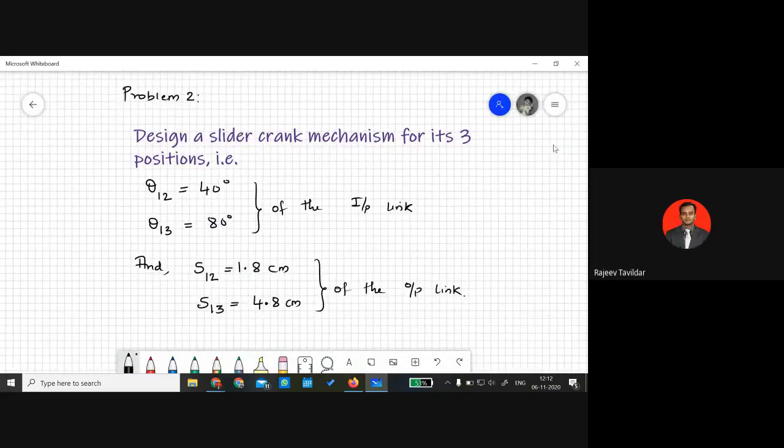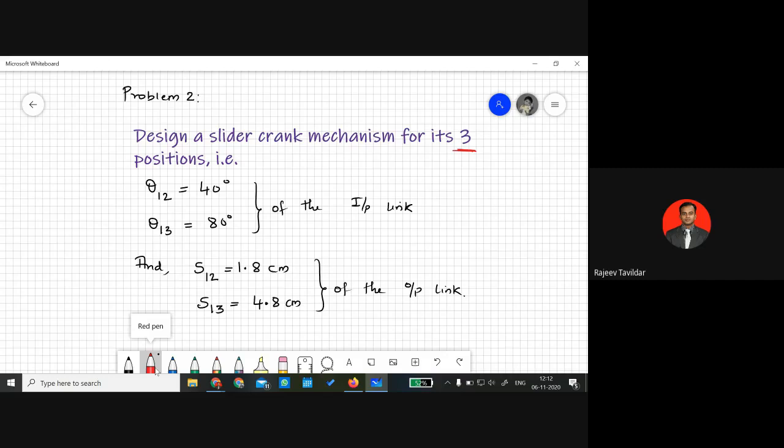So let us just go through the given data of this problem. First of all, so I'll just highlight it here. What they have told is three positions. So obviously I'll come to know that it's a three position synthesis. Okay. And they have not given you the range of that theta value. Okay, if range was given, I can use the Chebyshev spacing, wherein I'll be knowing what is delta theta. And for three position means I'll be knowing that small n will be equal to 3. And I can find out what is theta 1, theta 2, and theta 3.